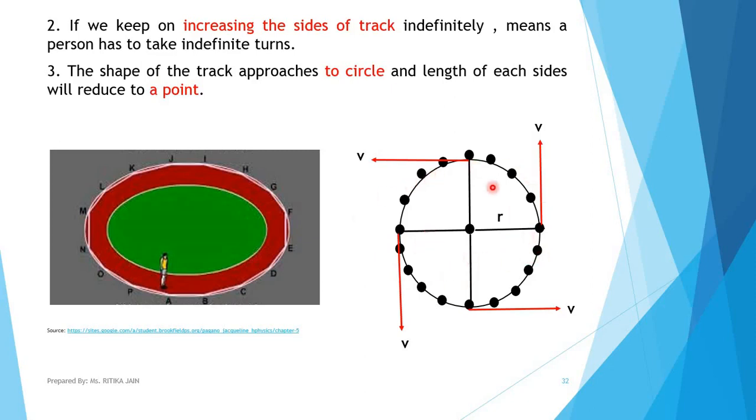This is a circular track. It means the circular track will have a center. This is the center. And the line which is connected from the center to the points on the circumference of the circle will be the radius of the circle, as I have written here. Now, if we draw a tangent at a particular point, that tangent will give us the direction of velocity of the moving object. And an important thing: the tangent is always perpendicular to the radius.